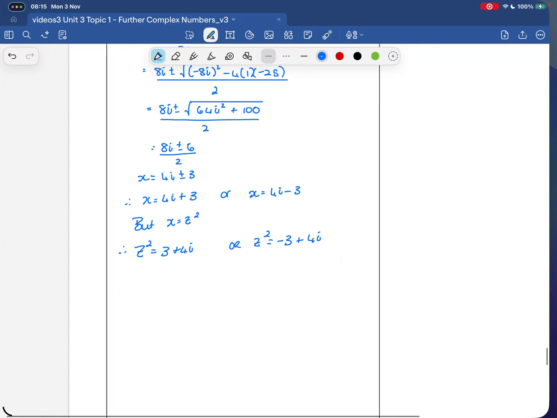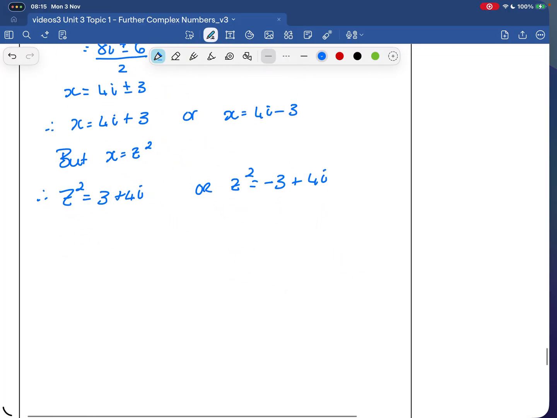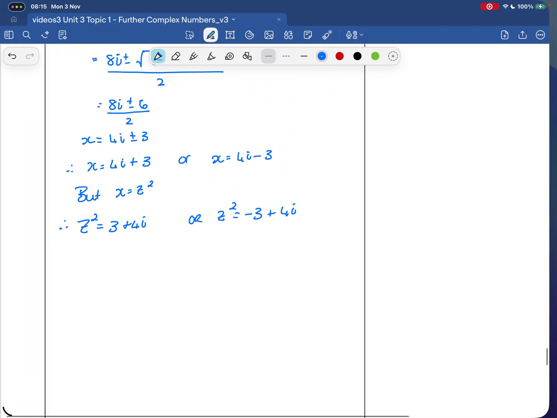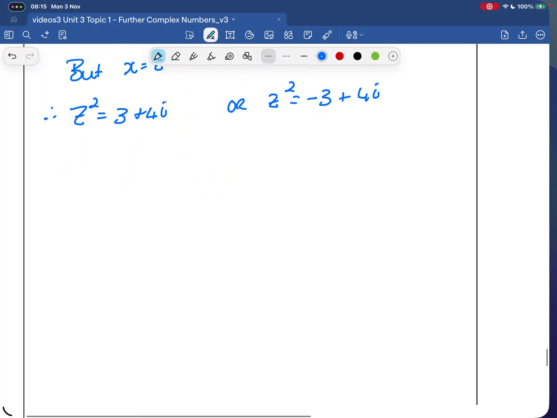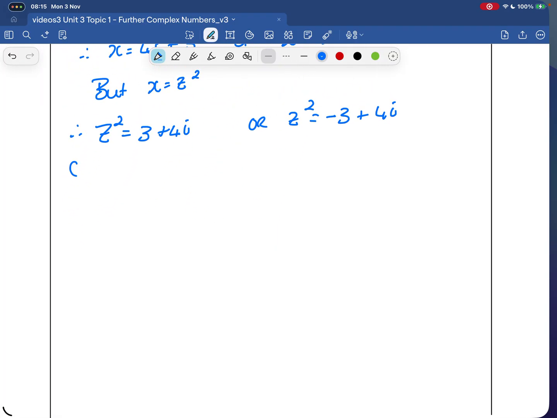All right, now I've got a quadratic root and another quadratic root, and I need to solve those. Let's deal with each one separately. Okay, so let's consider